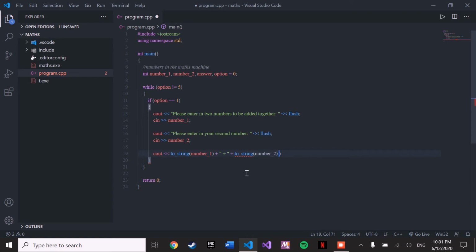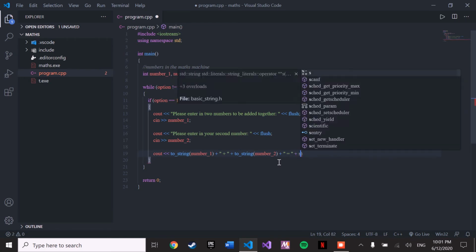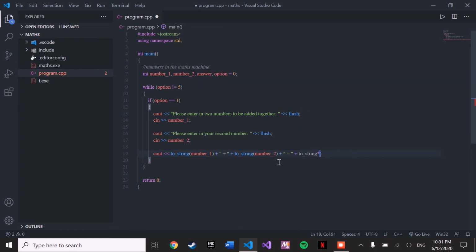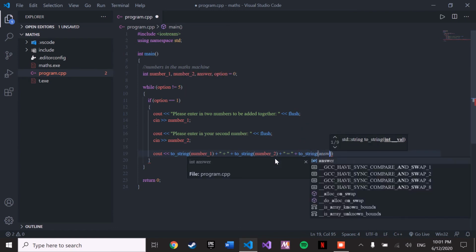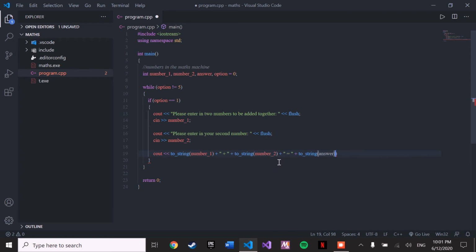equals, and then we're going to say answer. Okay, equals, and what does it equal? It equals toString plus answer. Okay, now this can be a little hard to understand what's going on, but to simplify